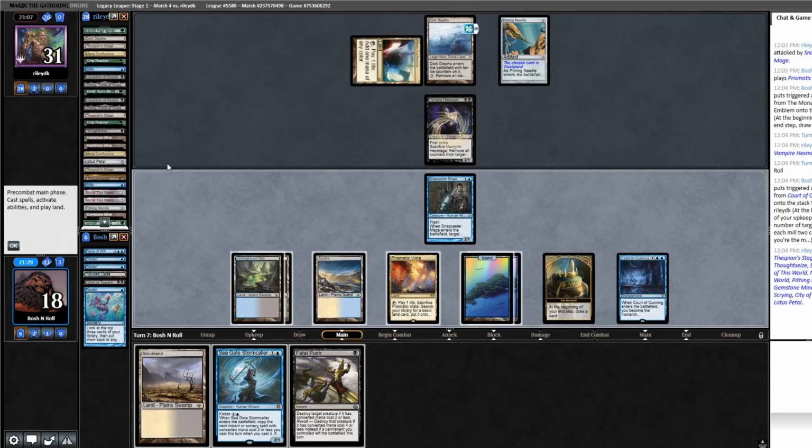Fatal Push is not the one. Oh, God. I guess I should play Seagate Stormcaller in case I draw Brainstorm off of the Court. I can also, I mean, Swords to Plowshares, I'm gonna Fatal Push. So close. Swords to Plowshares is gonna hit the Marit Lage, obviously. So,